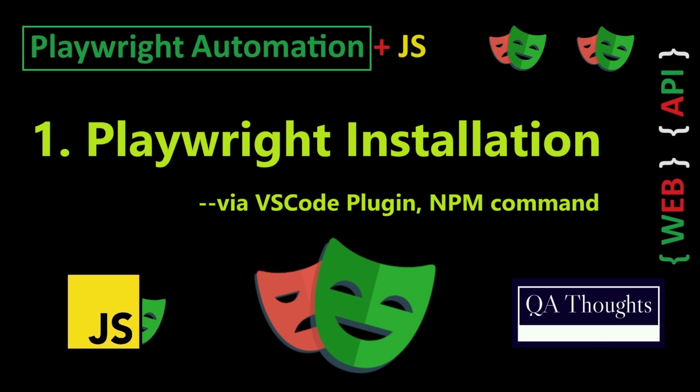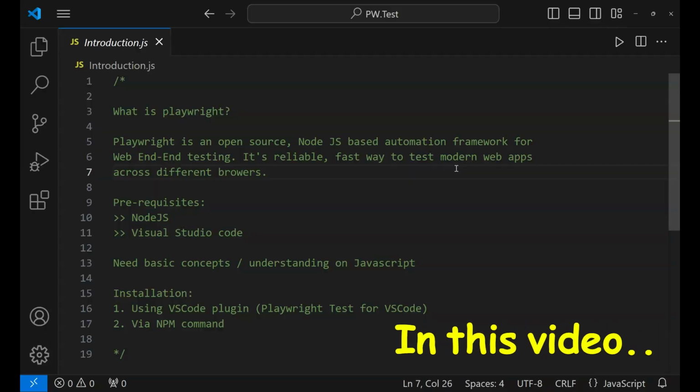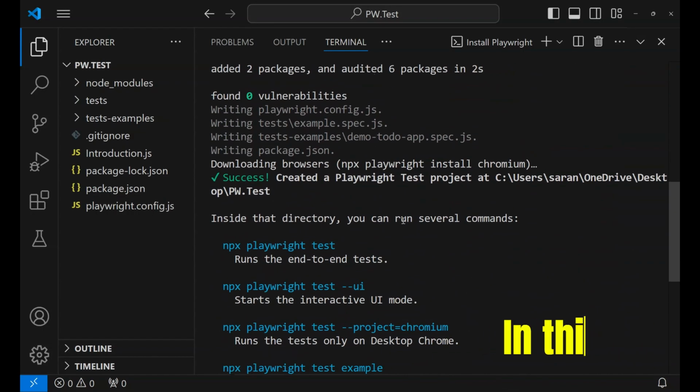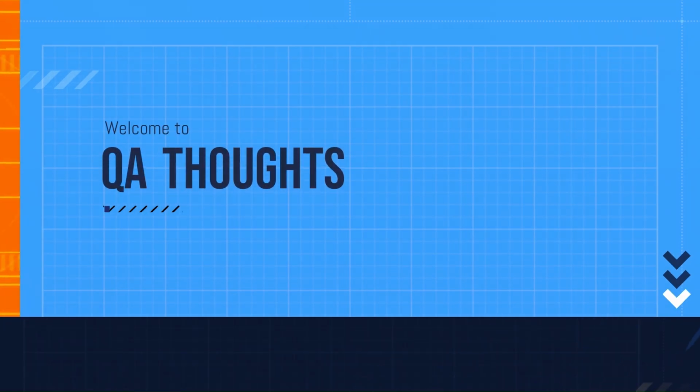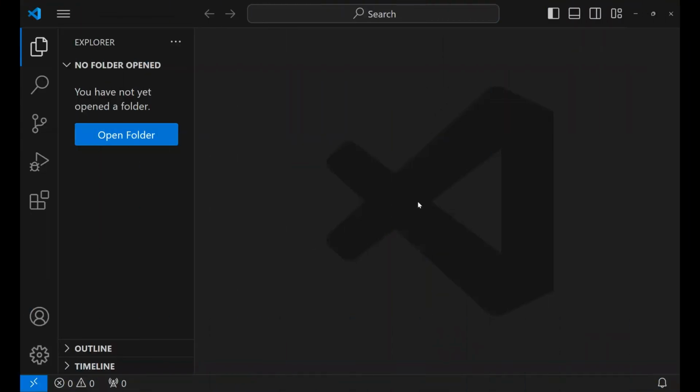Hey, hello everyone. Let's quickly look at Playwright installation in this video. It's a brand new series about using Playwright with JavaScript, right? First, open your Visual Studio Code and create a blank folder on your desktop or some other place in your